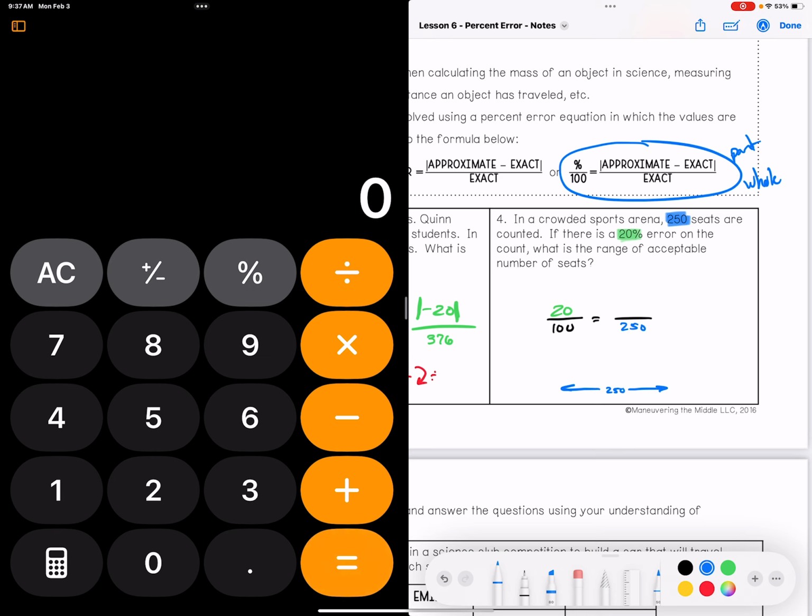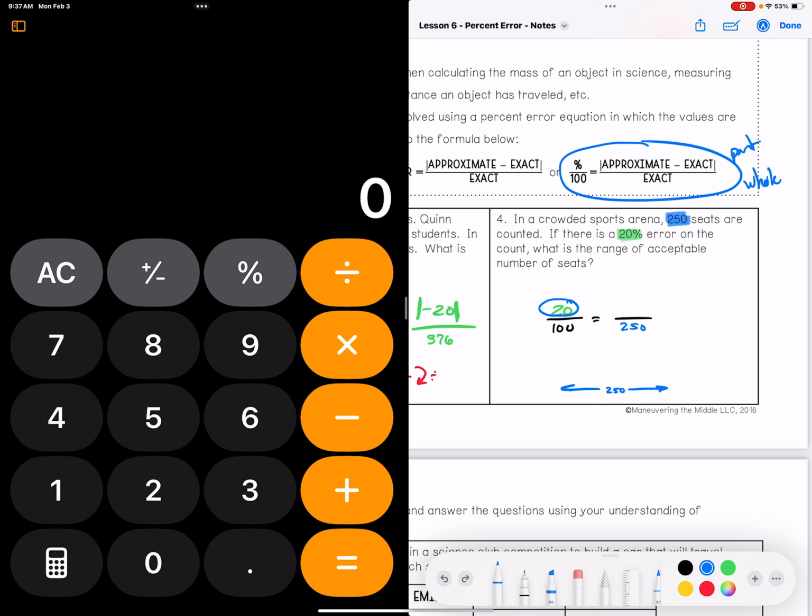Now, let me explain. 20% is 0.20. So you take 20, which is 20%, 0.20, and multiply it by 250. That'll give you the answer. Or if you don't like that,